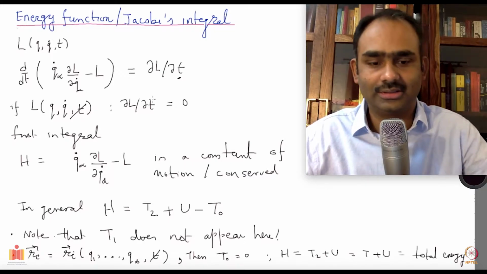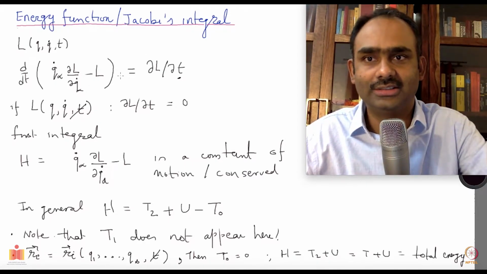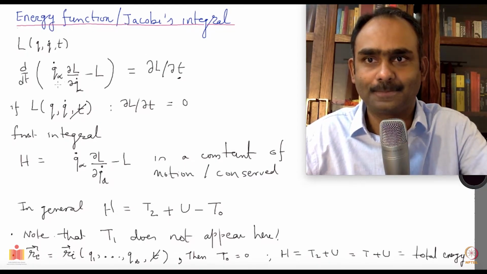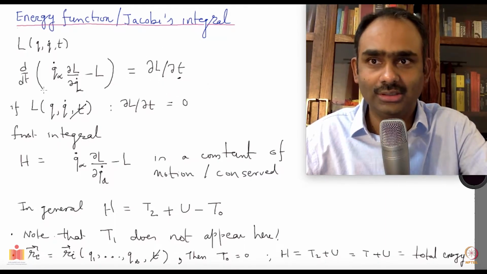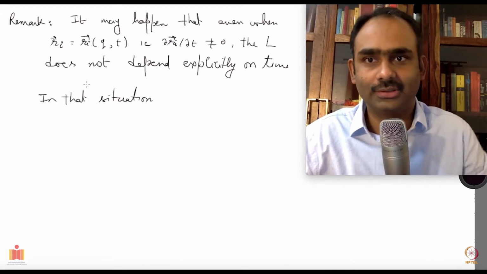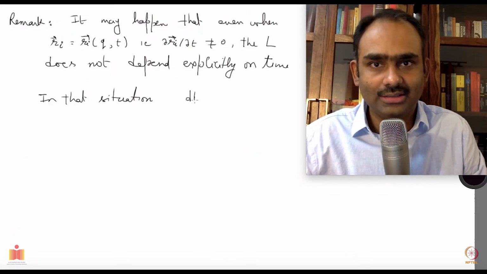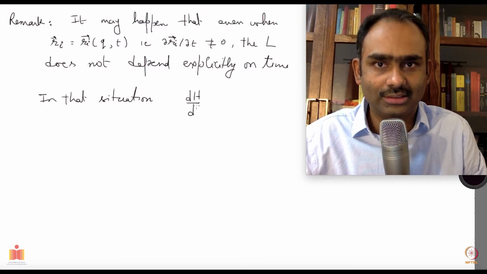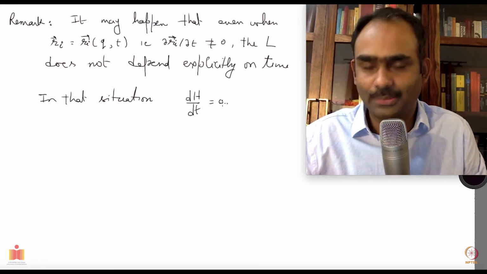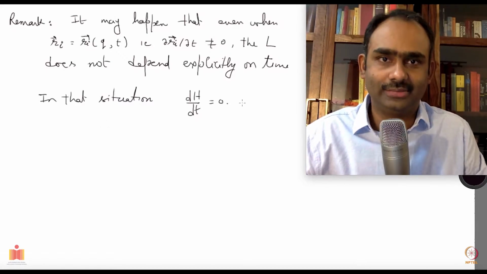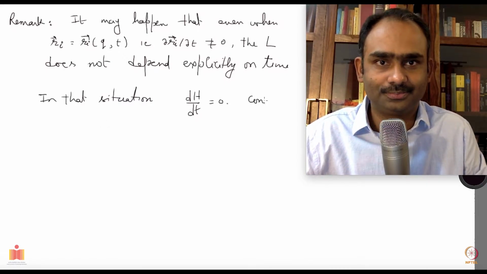Here, where is it? Here. See, this is h, this piece, and this is del L over del t. I am saying del L over del t is 0, so dh over dt will be 0. Okay, dh over dt equal to 0, meaning it is conserved. H is conserved,